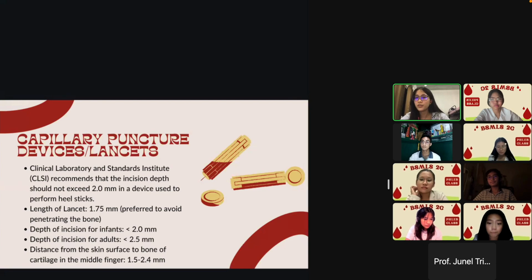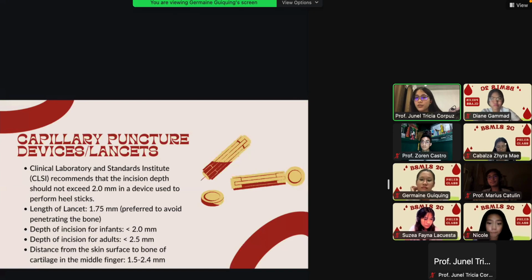in the middle finger. So note that to obtain a sufficient blood flow, then 5 millimeters. So next,